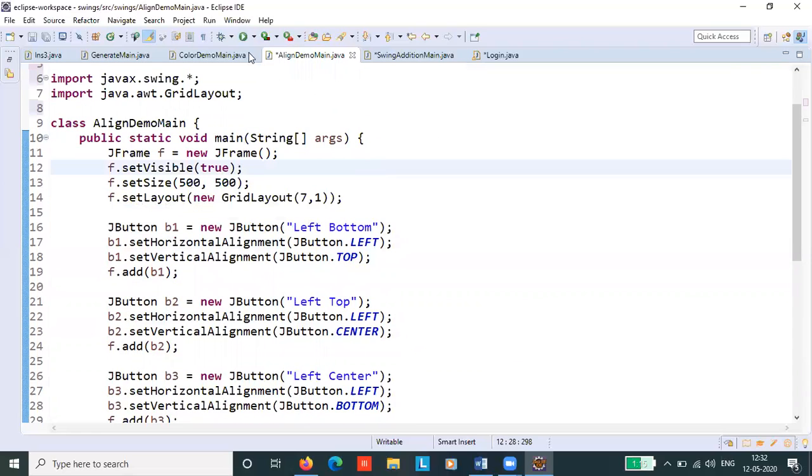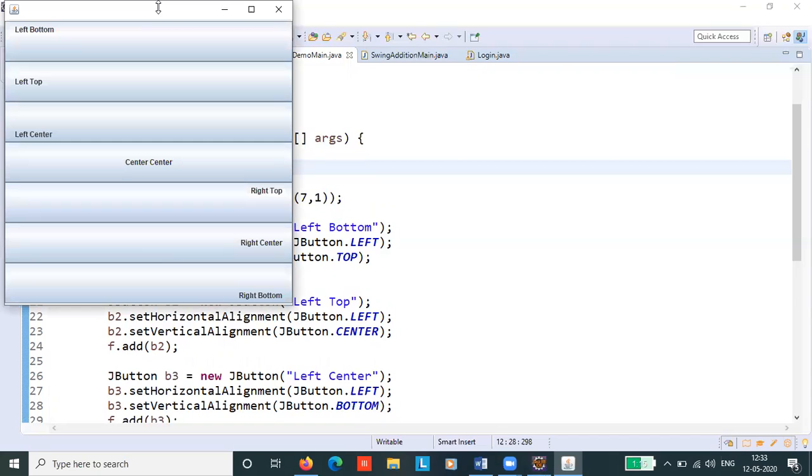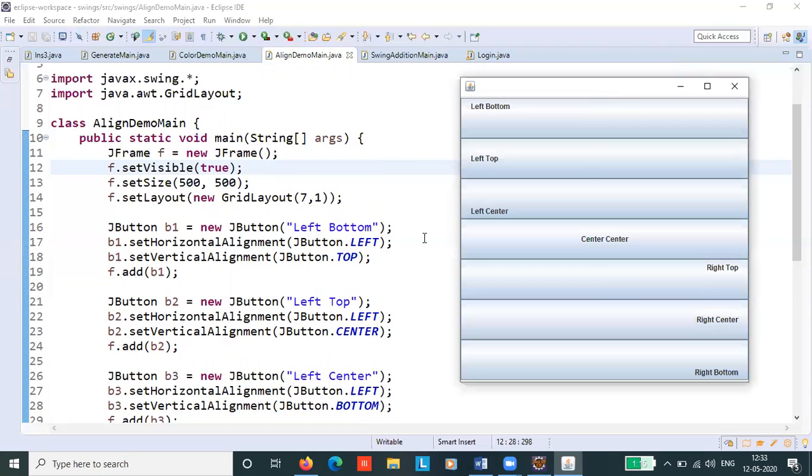So let me run this program. So once I run the program, you'll get an idea. All right. So look at this. This is the first button, second button, third, fourth, fifth, sixth, seventh.